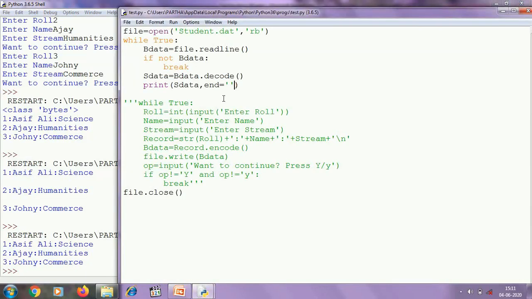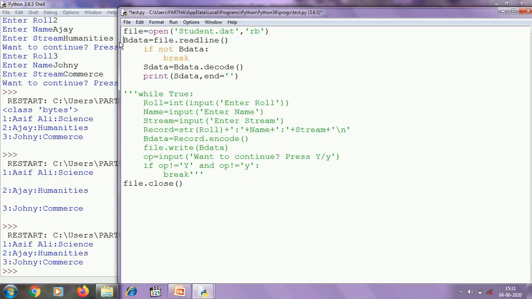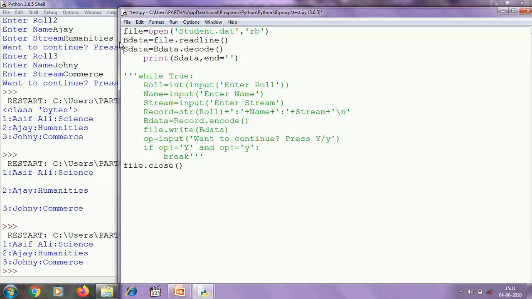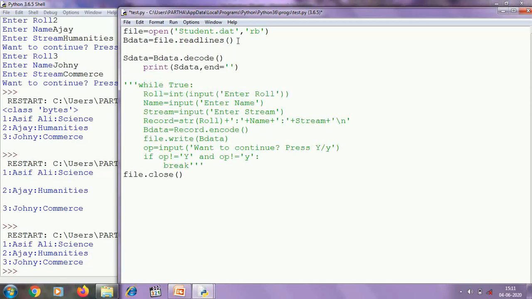Now using the readlines method, we can also read the binary file student.dat. You know that the readlines method returns a list.